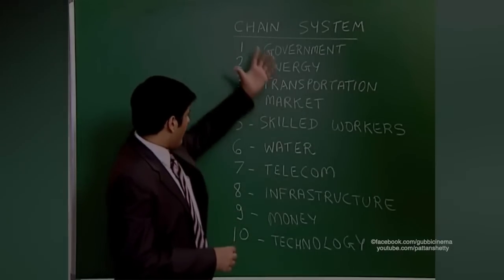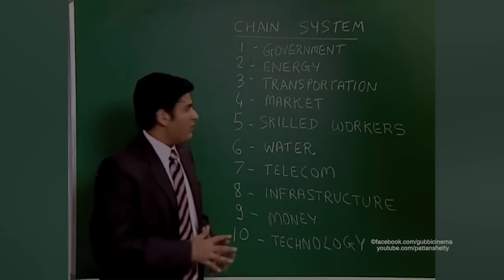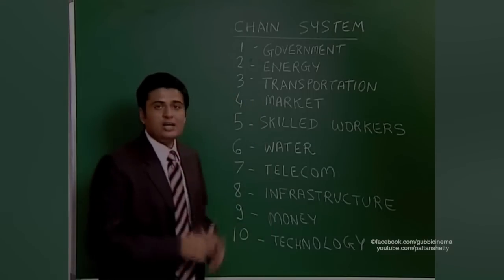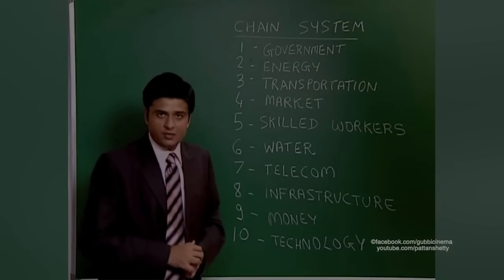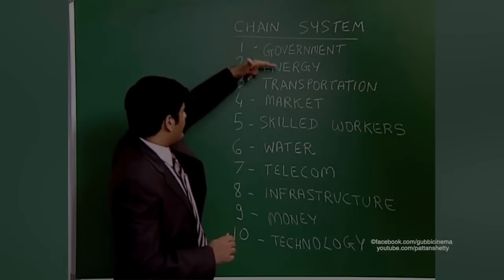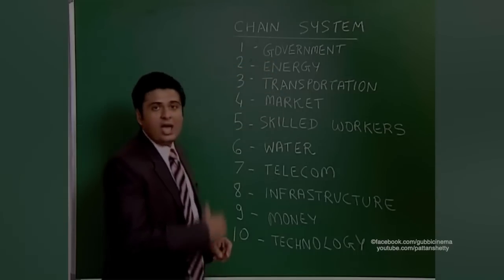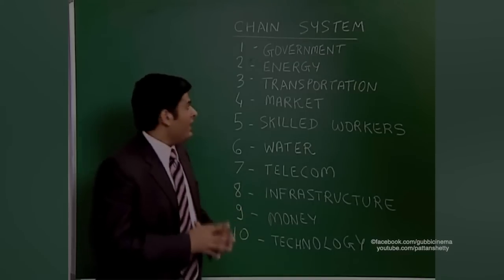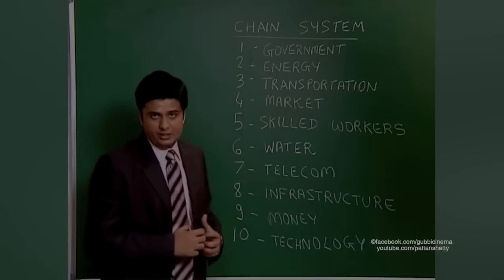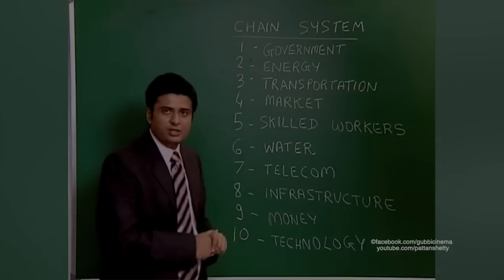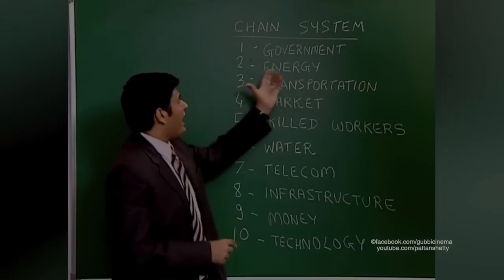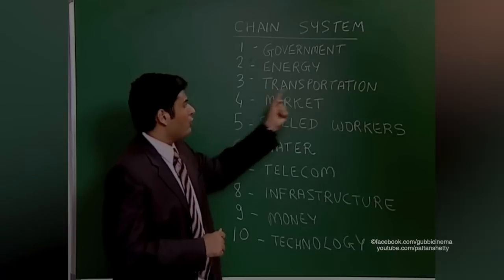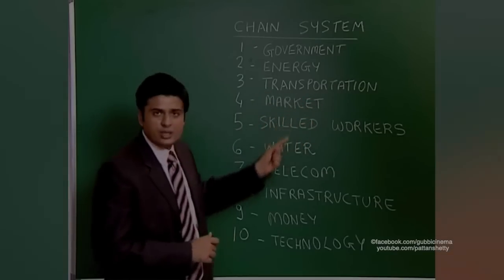Now suppose you want to remember the whole list at one go. When we do memory demonstrations, we often show people how you can remember 50 to 100 words at one go. Just show you how the chain system works. We are going to link the first point with the second, second with the third, third with the fourth, and form a story. So let us go. One day a government servant, okay, just visualize a government servant was full of energy. When he was full of energy, he took his transport vehicle and rushed towards the market.